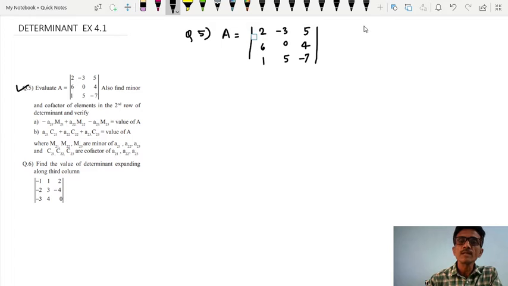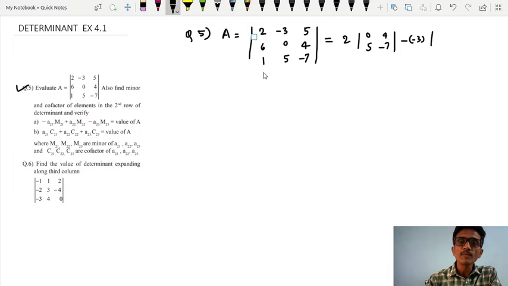So let us expand this determinant. We will find the value of this determinant. So the first element of the first row is 2, and the remaining elements, if you delete the elements of the first row and first column, are 0, 4, 5 and -7. So we will expand this determinant: 0, 4, 5, -7. Then minus of -3 into determinant of